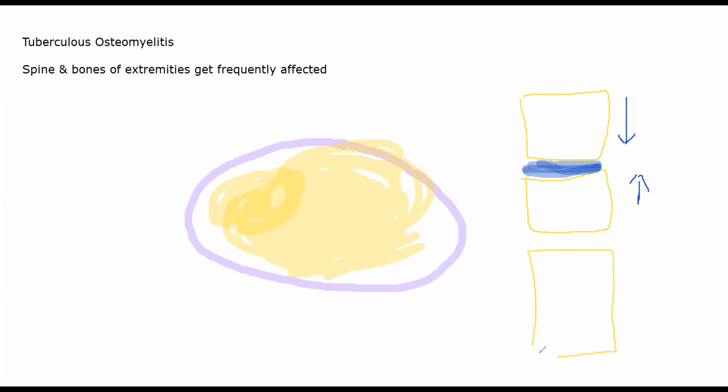Okay, they'll fuse improperly, and this is because of the compressing load. Their integrity has decreased and they have compressed into each other. Okay, the cartilage gets completely destroyed and they get compressed. That is why this area will not be mobile anymore. Okay, they'll invariably bend in that area, they cannot use that area as flexibly as they used to when they were young or when their bones were healthy. Okay, so that is tuberculous osteomyelitis.